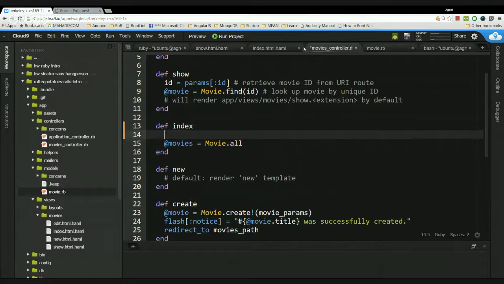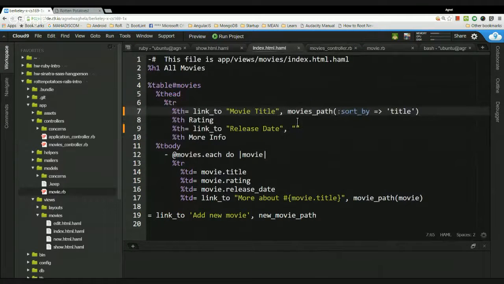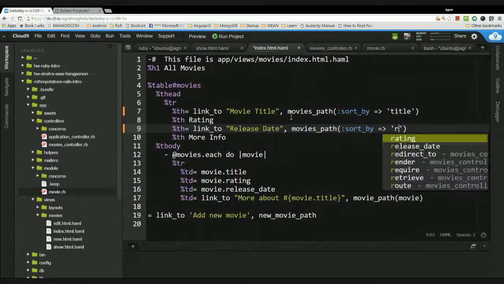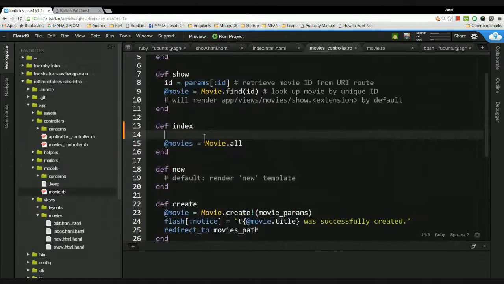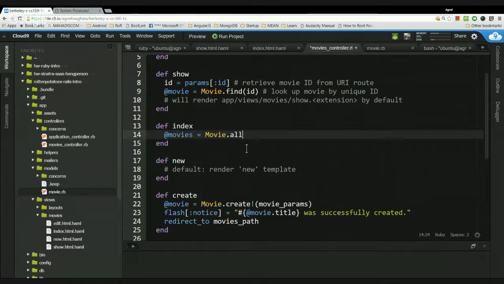So if it is working, right now we can do one more thing: we can copy the code for our release date as well. We can make it sort by, same thing, but this time let's make it release underscore date. What this will help us is that we can get the movies, all of them, but instead of getting all of them at once we can use the method called dot sort by, and then we can pass the parameter as